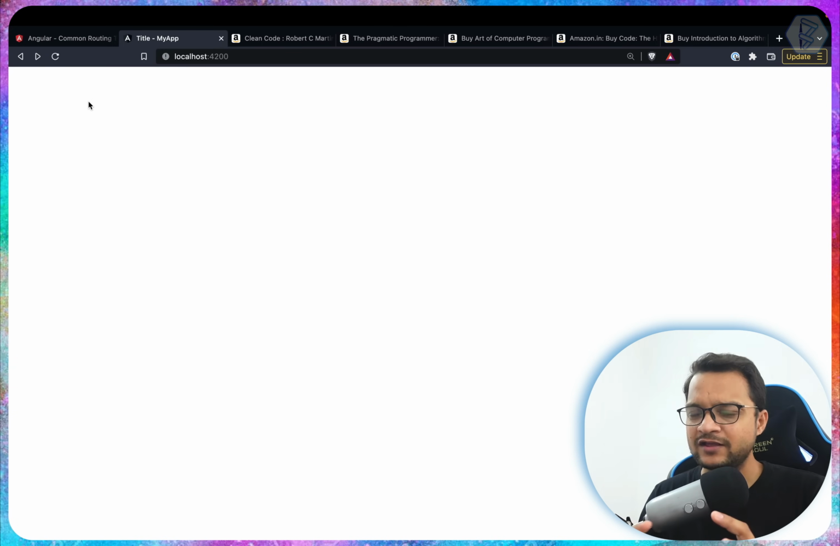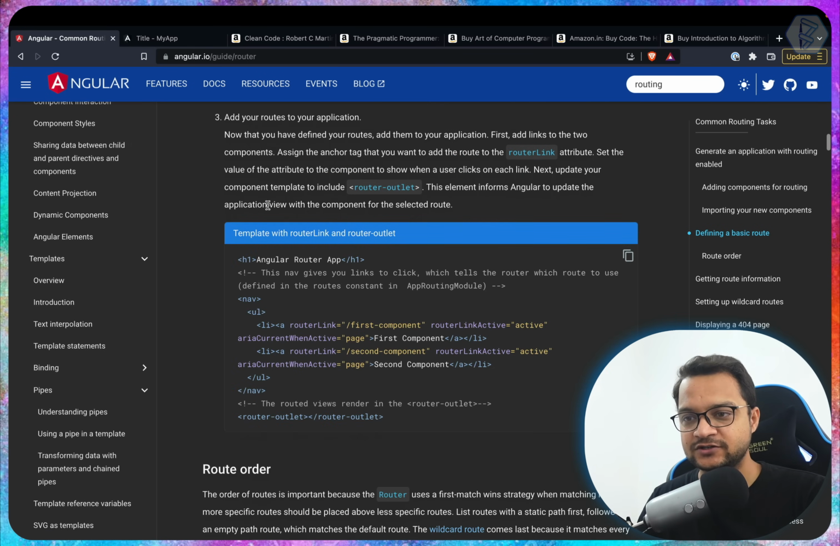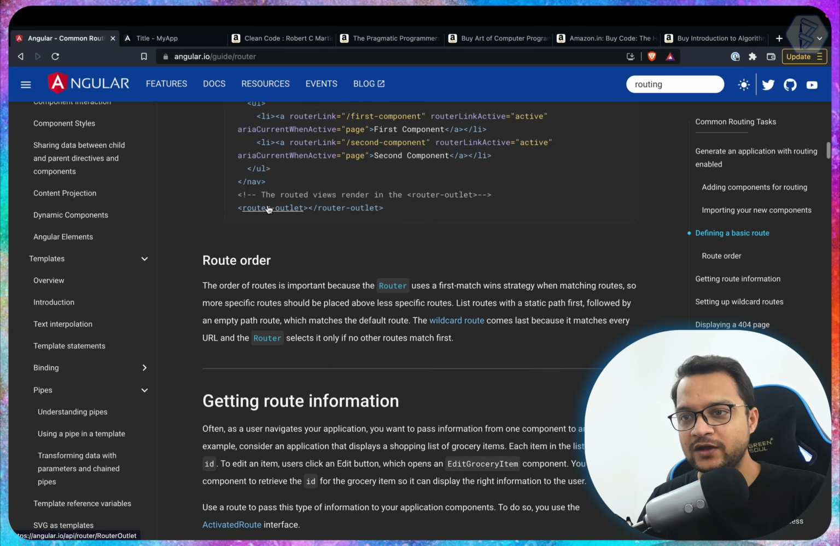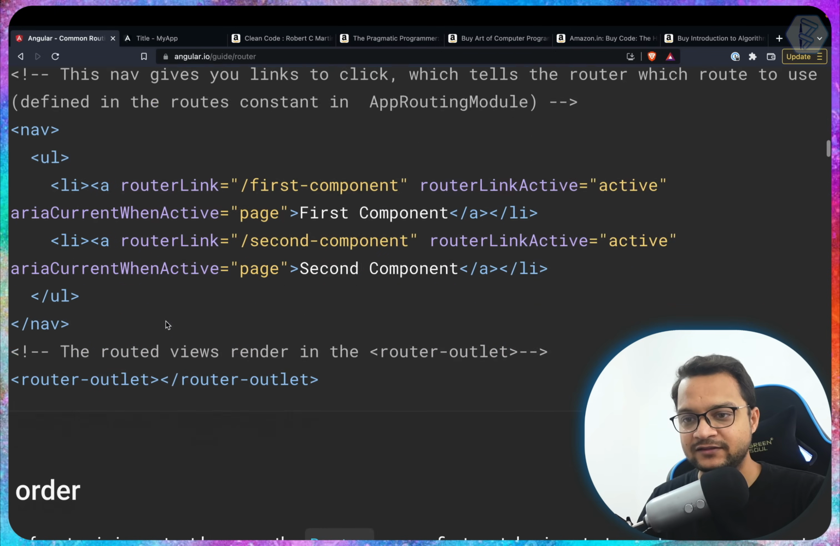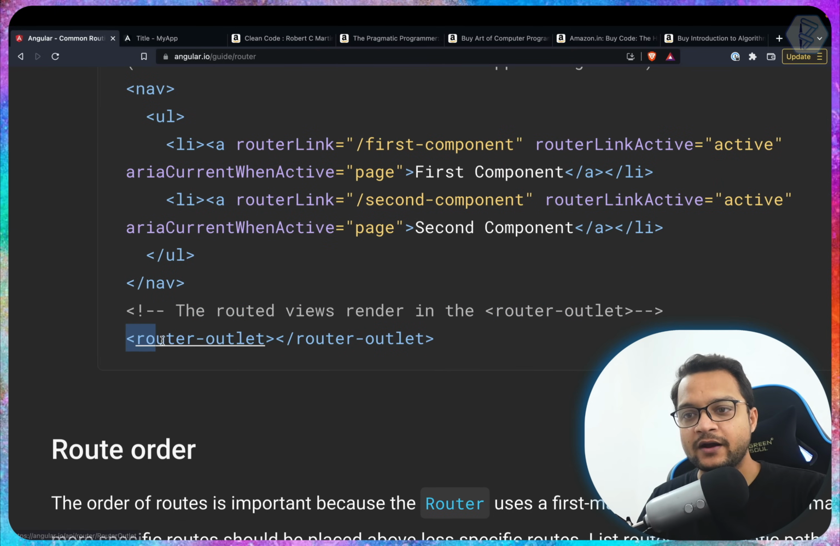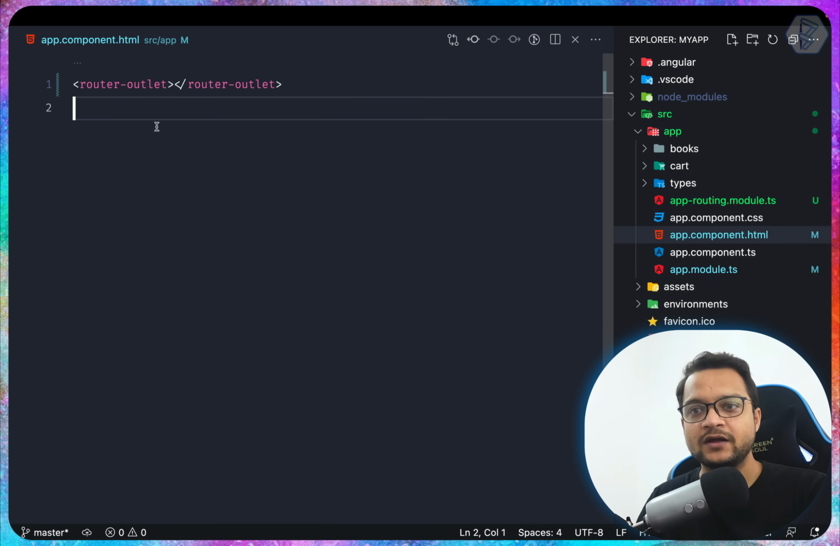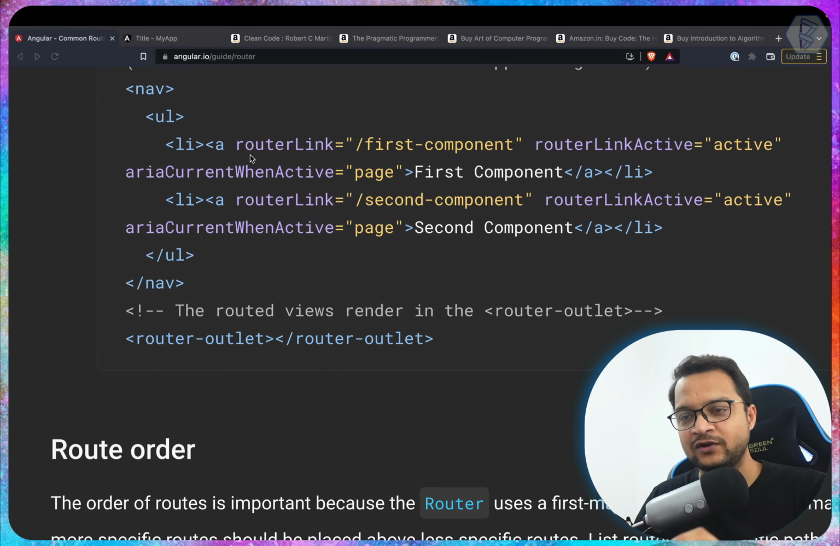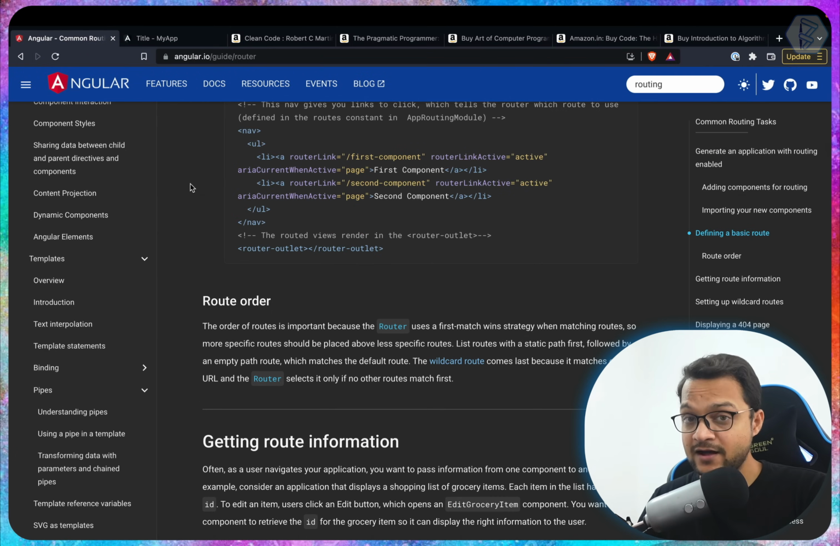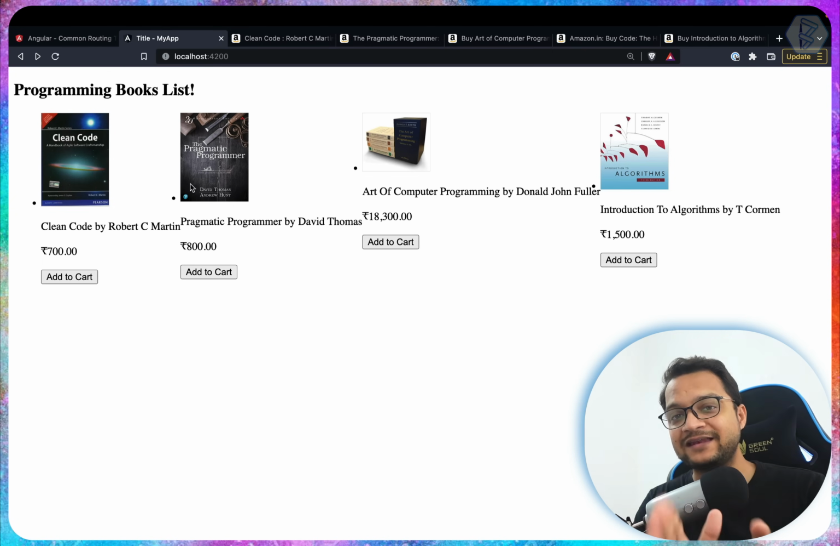So how can we tell Angular that, hey Angular, give all the responsibility of managing the component to our router? For that we need to go to the documentation, and we first need to have this line of code, which is router outlet. So copy this and remove everything and paste it. Router outlet, this is the only thing we have to add,